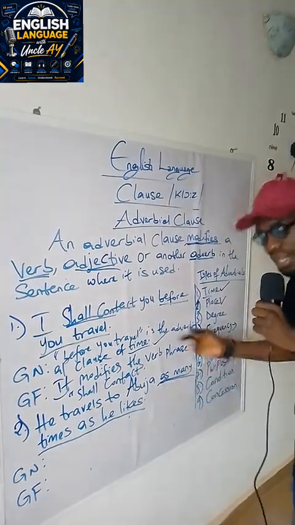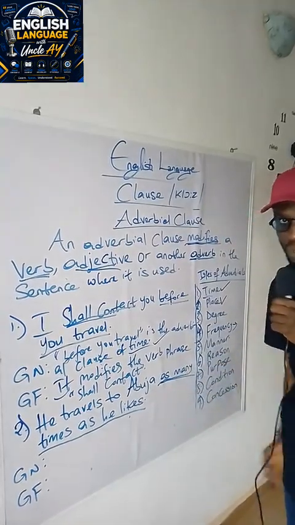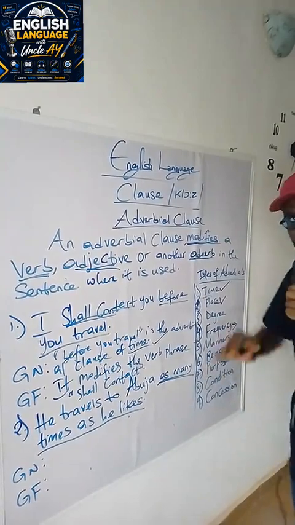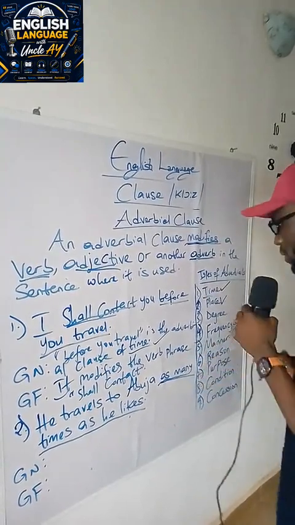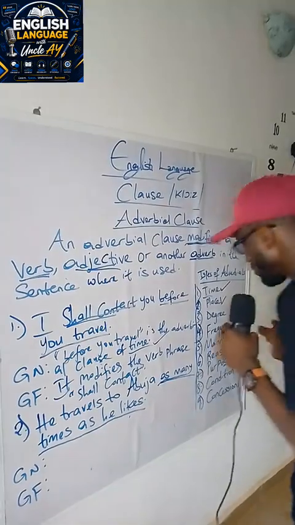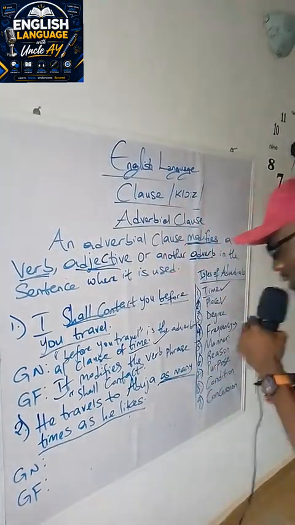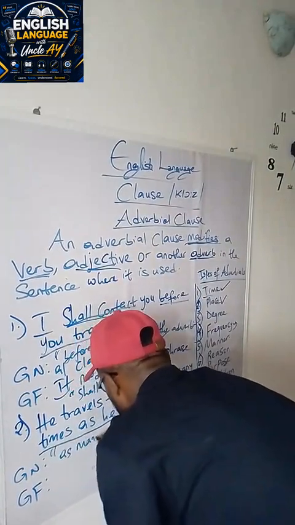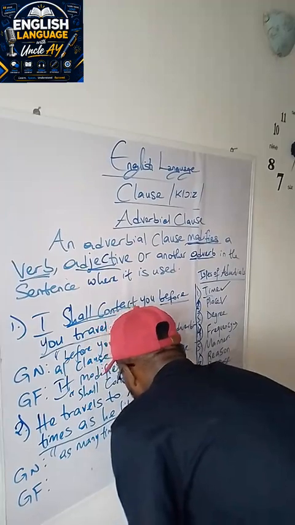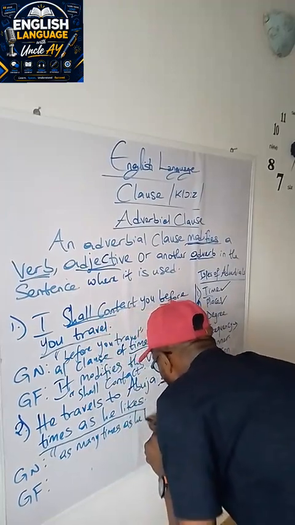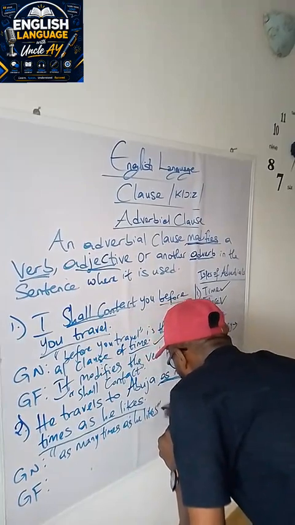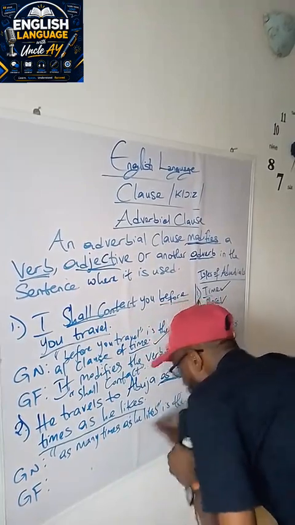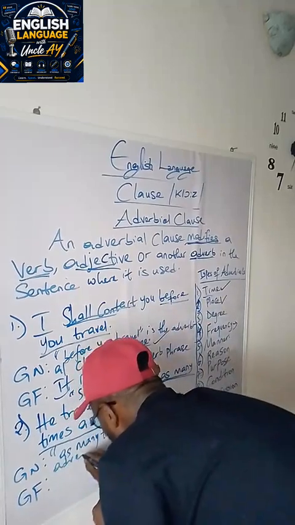As many times as he likes, that is the number of times, right? We don't know, but it is just so many. So that said, our grammatical name here will be "as many times as he likes" is the adverbial